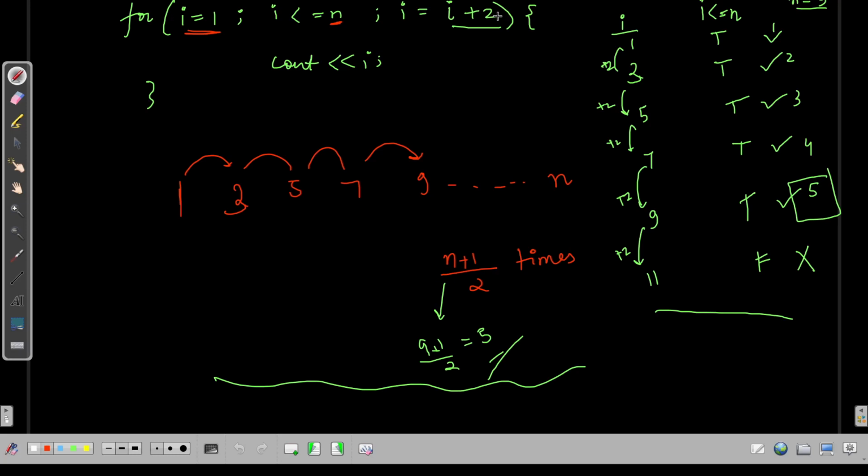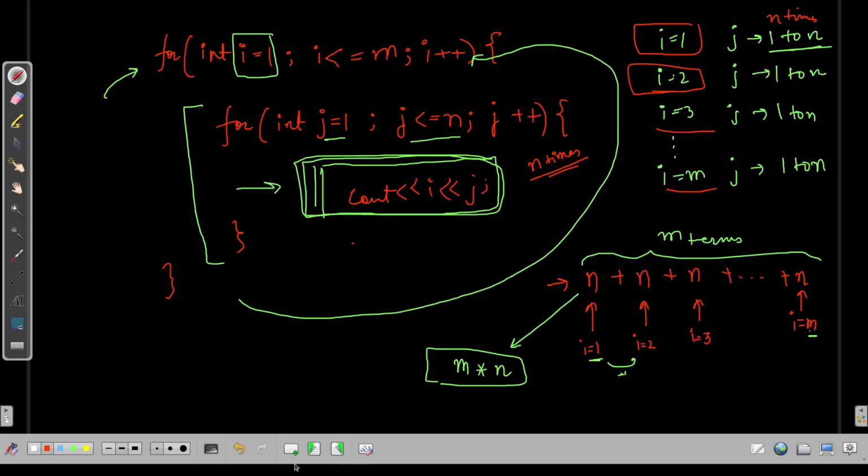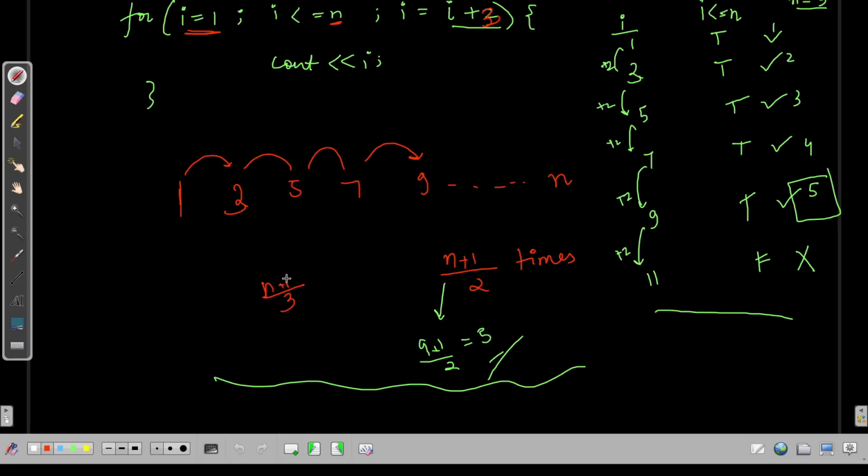Now what will happen if it is I plus 3? Then it will become (n plus 1) by 3. You just change the denominator. Then I is equal to I minus 2. Again same, n by 2 terms. Also you don't actually have to worry about these small